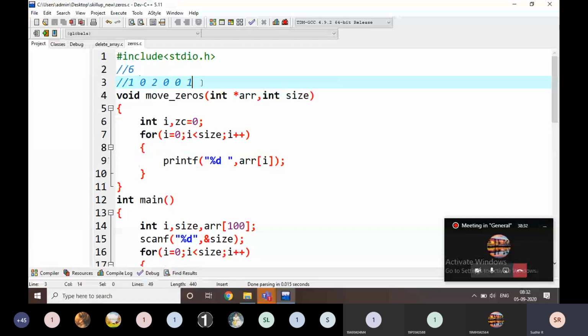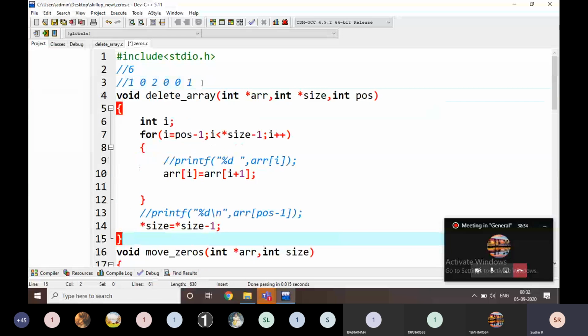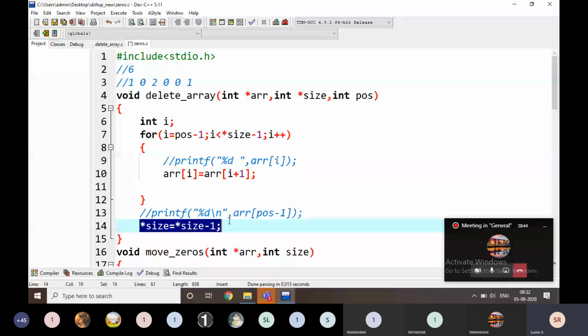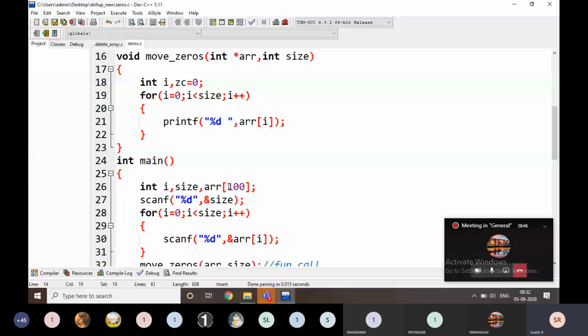I don't know exactly, but I am going to use this function. What is that function? There is no need of size. I am going to delete the zeros. That's it, nothing else.